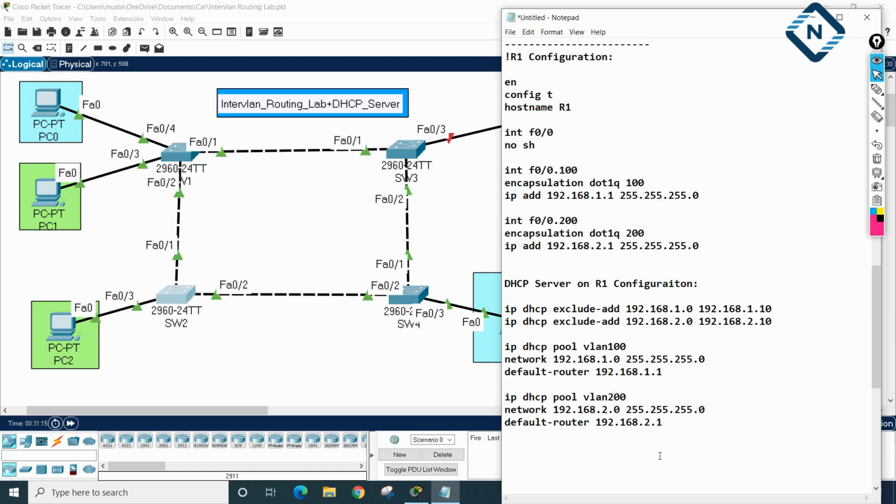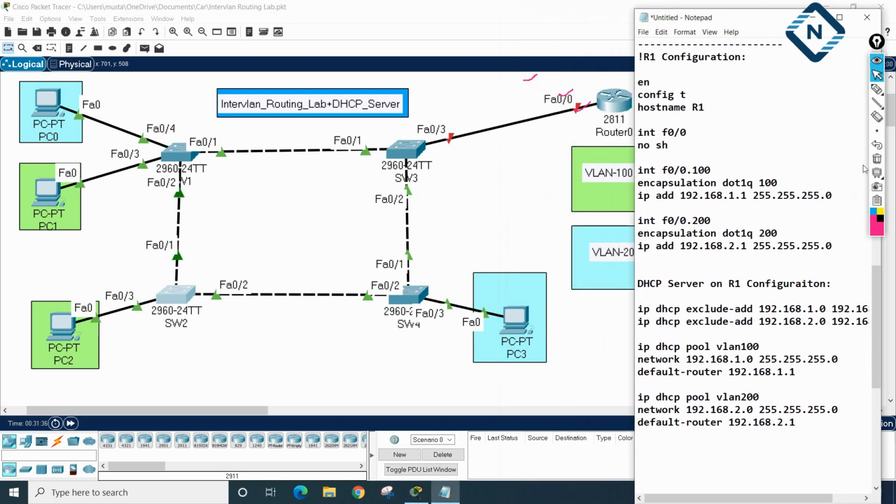Any doubts? Nothing, right? So this is the configuration for the router. Let me explain again. This is to enable, and this is to go into global configuration mode. I am changing the router name here. Look at the interface we are using here. Let me make this small so you can easily observe. This is the interface, FastEthernet 0/0. I go inside that interface and write no shut.